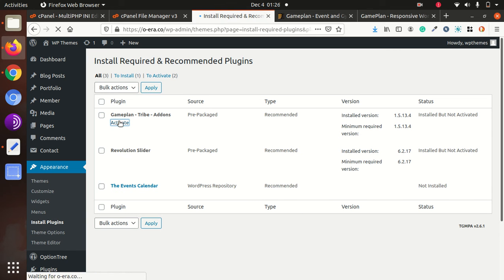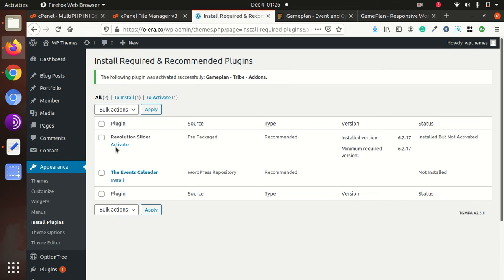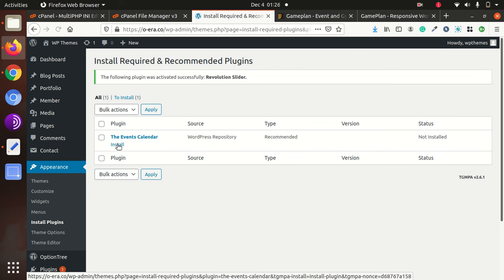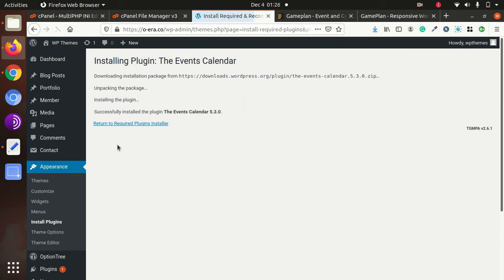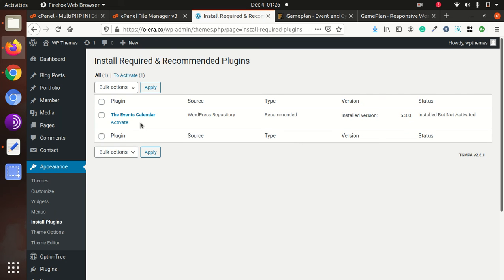Activate Revolution Slider. Events Calendar, the last one. Now we have installed the theme and all the plugins, in fact.